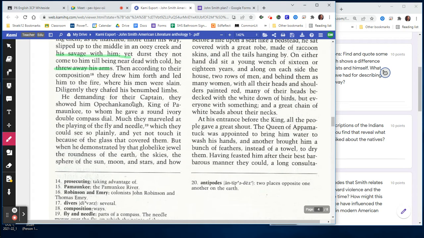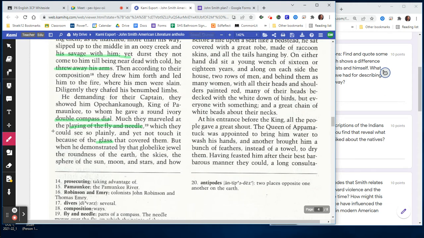He demanding for their captain, they showed him Apachankanu, king of Pamunkey, to whom he gave a round ivory double compass dial. Much they marveled at the playing of the fly in the needle, which they could see plainly, and yet not touch it because of the glass that covered them. But when he demonstrated by the globe-like jewel the roundness of the earth, the skies, the sphere of the sun,